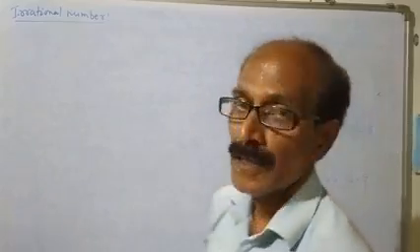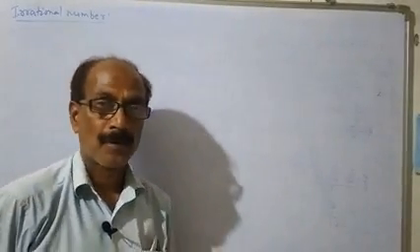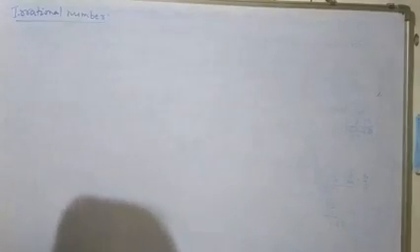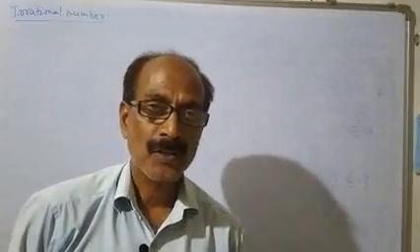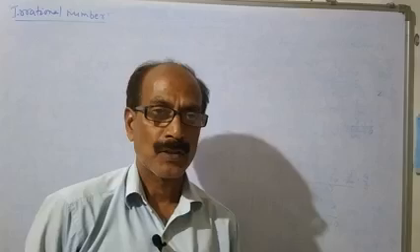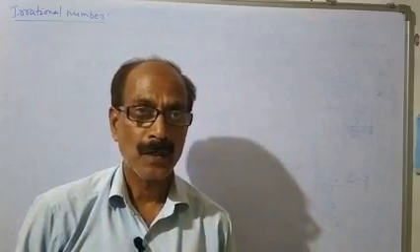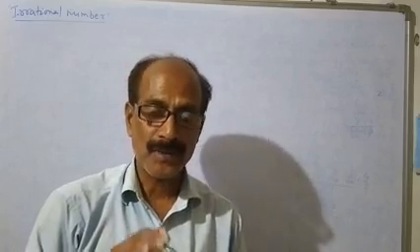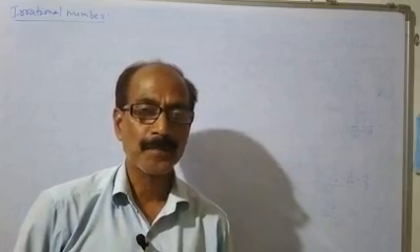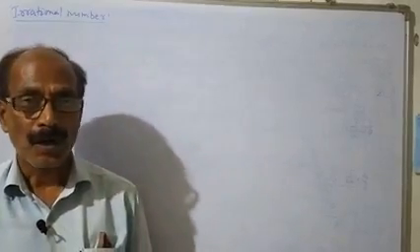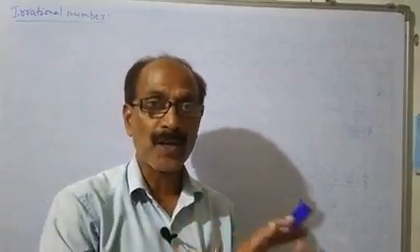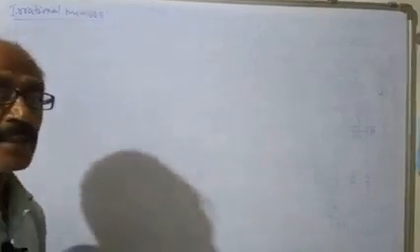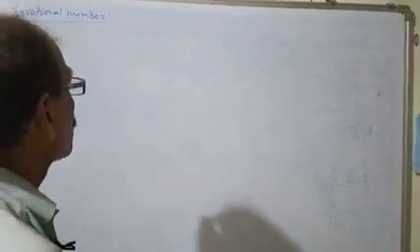Next topic is irrational number. What is the irrational number? To know that, what is the definition? The numbers which are not a perfect square, not a perfect cube, or not a rational number. In both cases, non-terminating or repeating, not possible. Then the numbers are called irrational numbers.